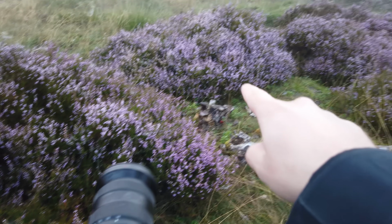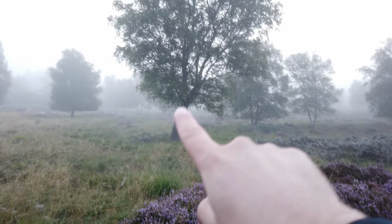So I've moved a little bit further. The tree I was photographing before was here, and I photographed it from over here. And now I've just come, like, I don't know, 40 meters further over. And I found this beautiful little scene here where heather, heather, heather, heather, and then up to this tree,